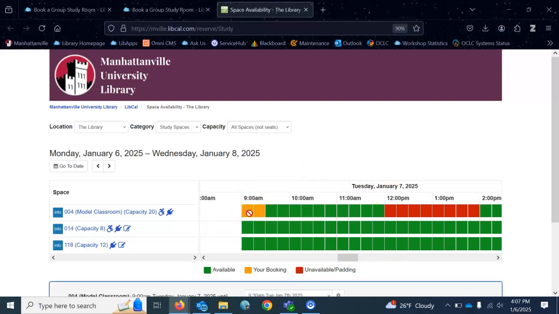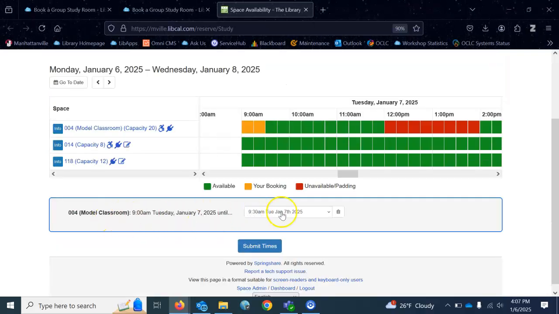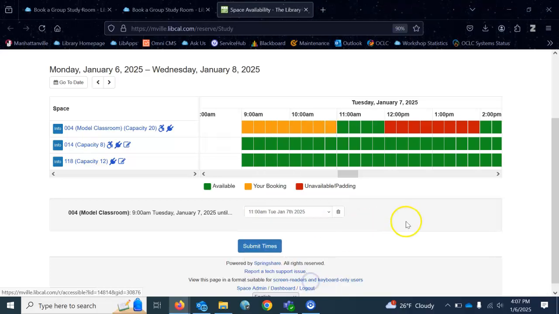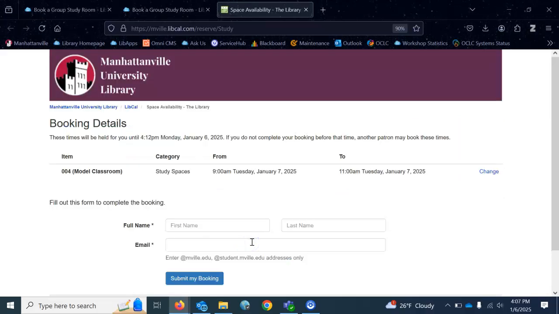So I just click on the 9 o'clock, and the yellow means that we've been booked for about a half hour. It automatically books you for a half hour, but if you'd like to stay for longer, you just click on the drop-down menu here, and you can book any room for up to 2 hours at a time. So once you have figured out how long you'd like the room for, you can just click Submit Times, and